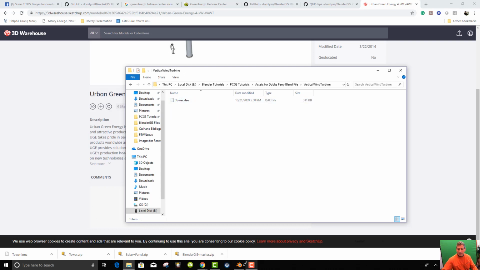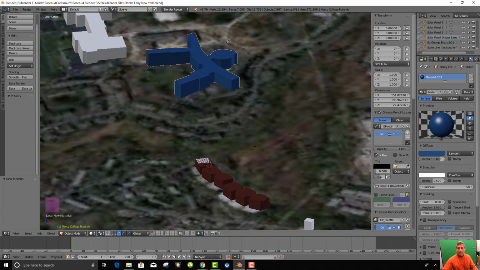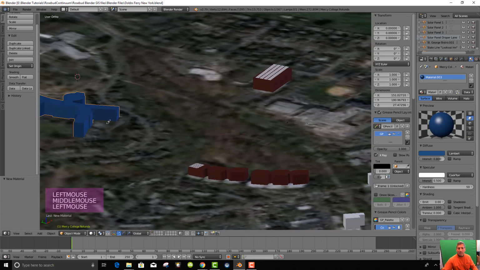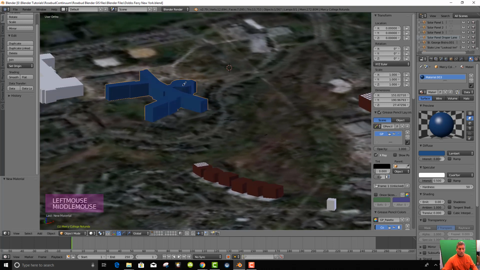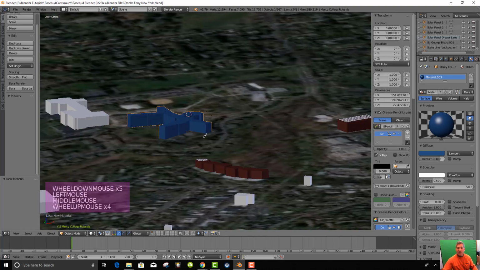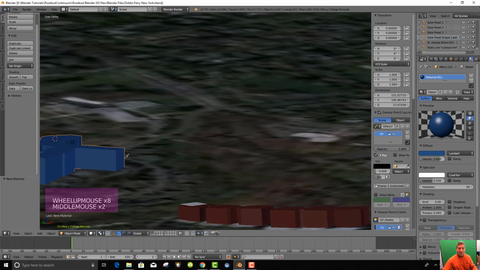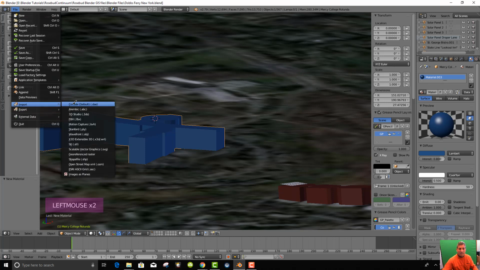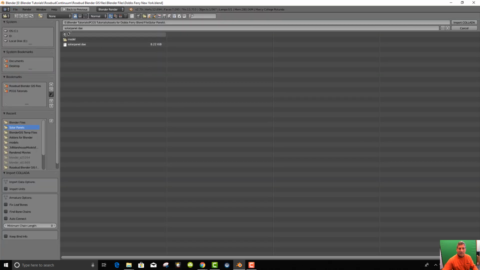So I'll go into my blend file and place my cursor here. This time I'm not going to bring it into a separate file, although you normally should. Just to show you, I can bring it in here by itself, but it gets a little messy. So I've got the cursor there. I'm going to go to Import, Collada, go into my vertical wind turbine, bring it in,